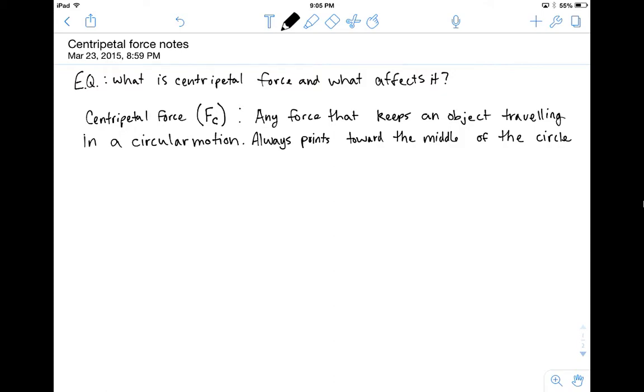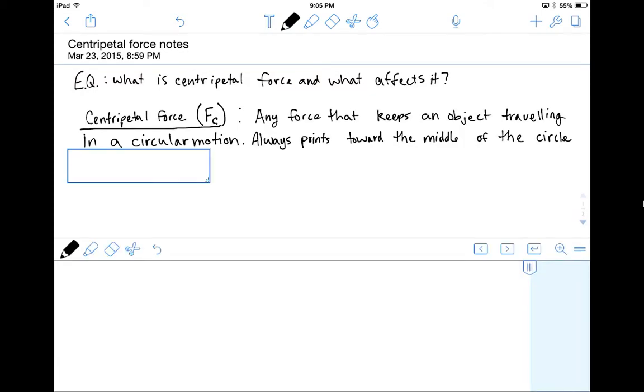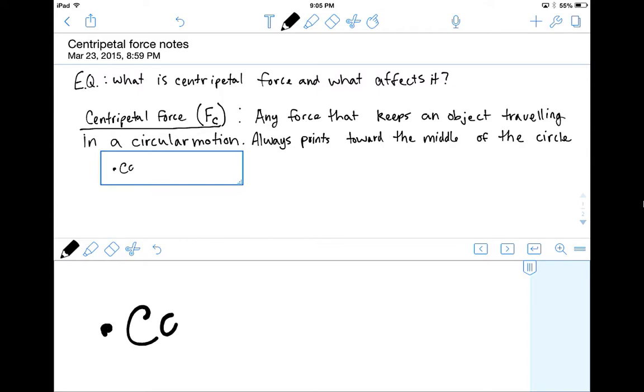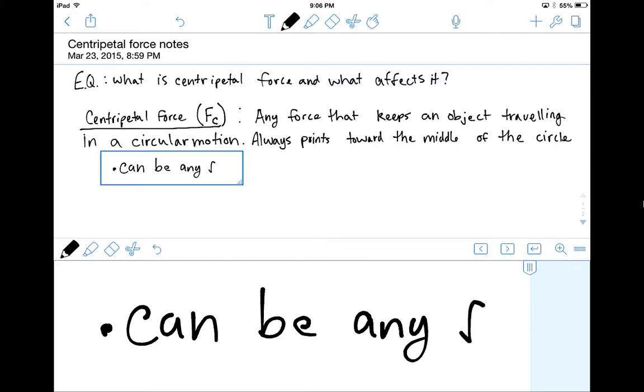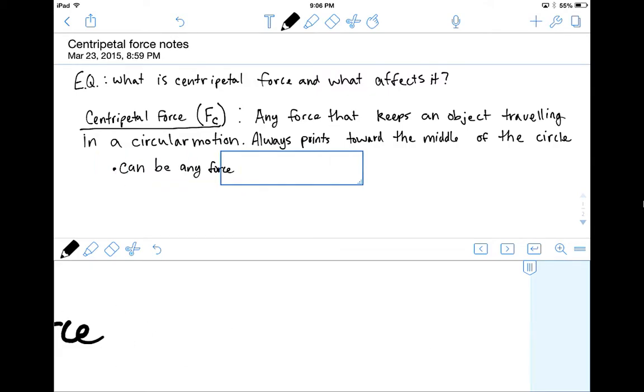So now there's going to be a question about that. Centripetal force, any force that keeps an object traveling in a circular motion, and it always points towards the middle of the circle. And the other thing that we want to remember about centripetal force is, and we'll make this sort of a little subnote, it can be any force. So like, for example,